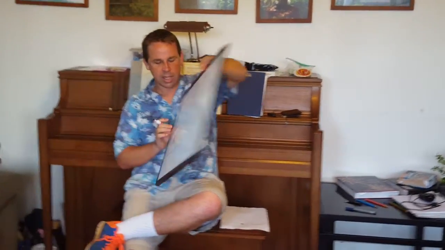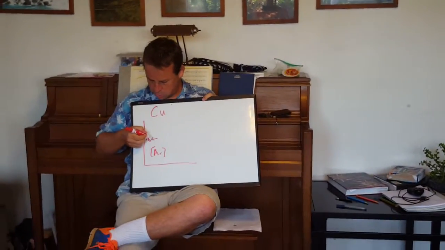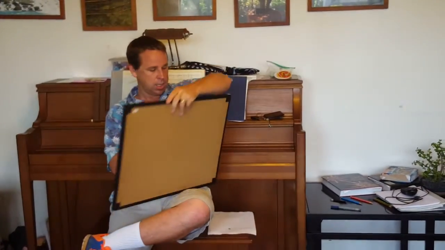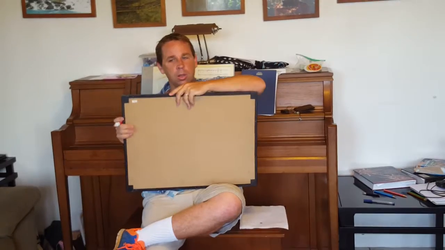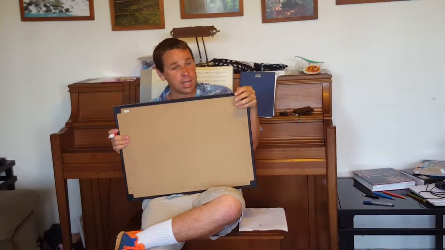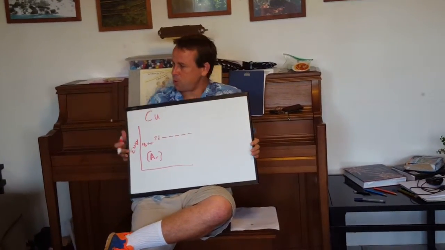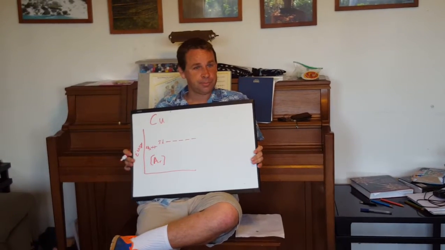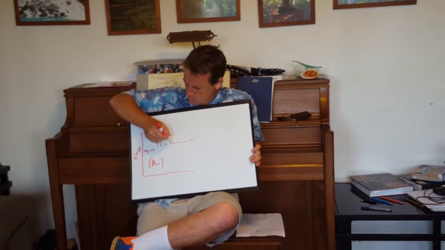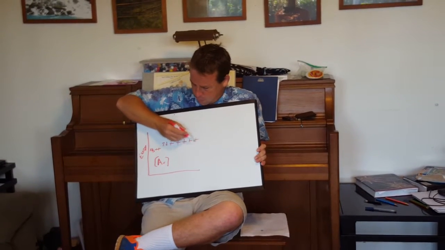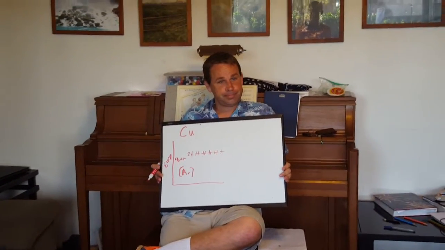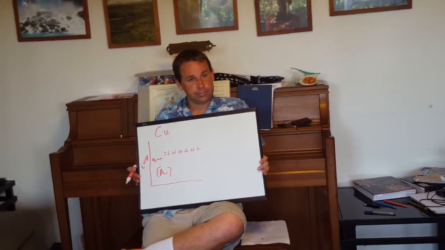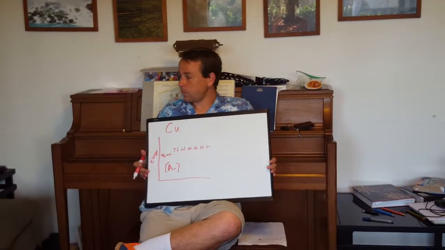Then 3d. How many electrons in the 4s? 2. 2 electrons in the 4s. And then 3d. How many orbitals does the 3d have? How many electrons across? 10 electrons, and so that's 5 orbitals. Here it is, I drew it. 3d, 5 orbitals across. How many electrons are there for copper? 9. So we go 1, 2, 3, 4, 5, 6, 7, 8, 9. And then if you tried to make an ion, it would lose its 4s.